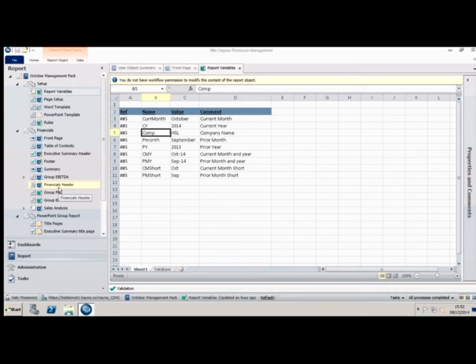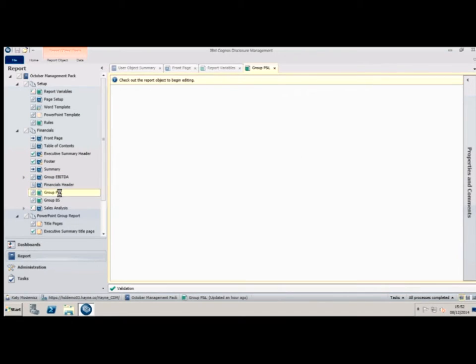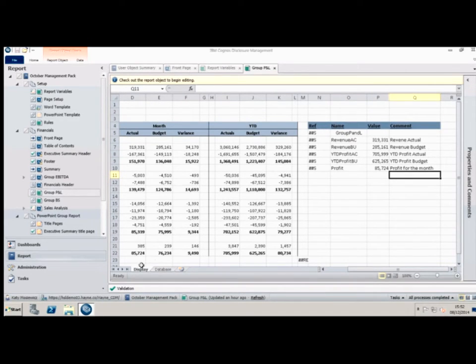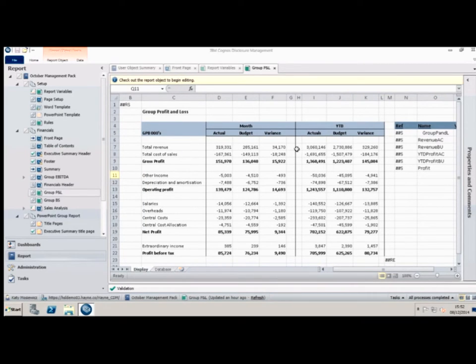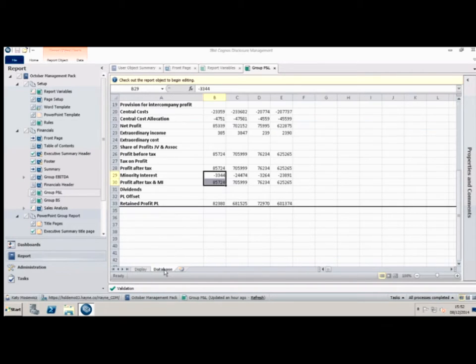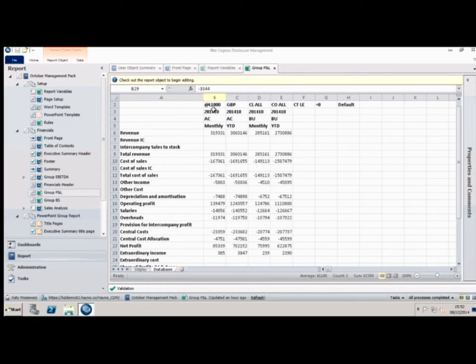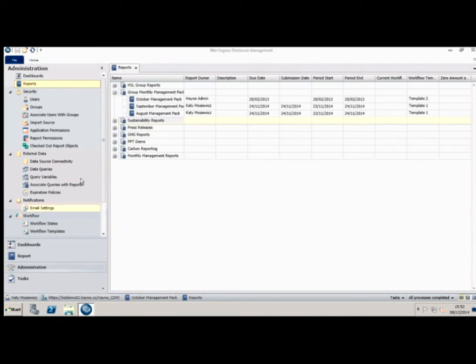Now I want to look at an Excel object that contains P&L data. On the first tab is my table displayed in the format that I want it to appear in the report. This will automatically convert into Word when I generate the report in the specified location. The data values here are linked using Excel formula to the database tab, which is linked to my data source and is pulling through values for the parameters defined here. These numbers cannot be changed from within this tab, they will only change when the numbers change in the data source. There are a number of data sources that I can define,